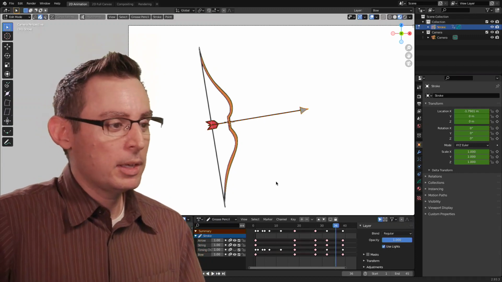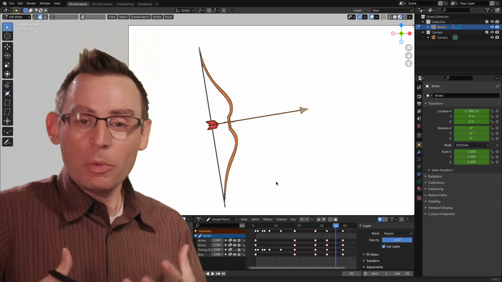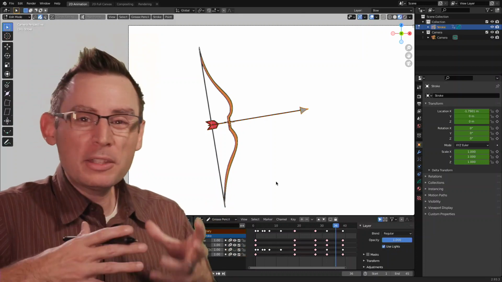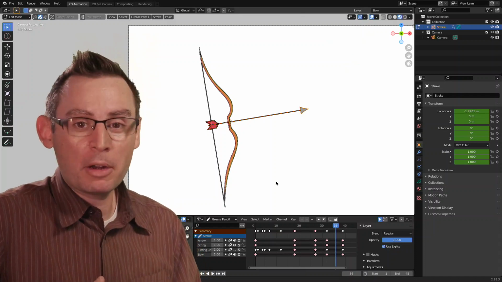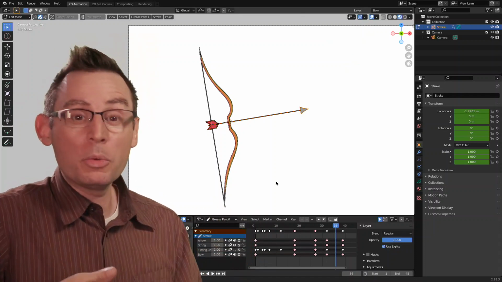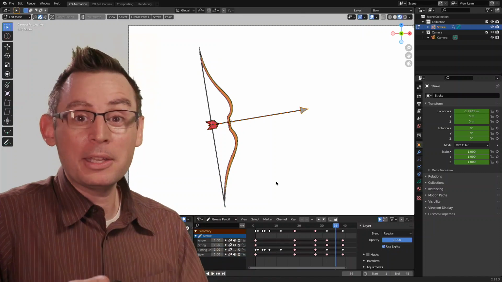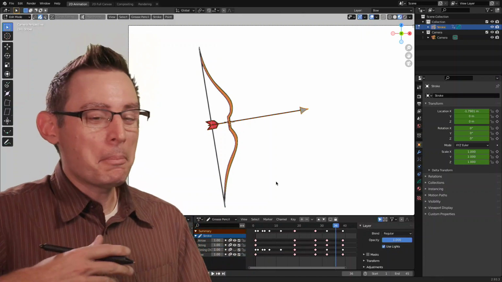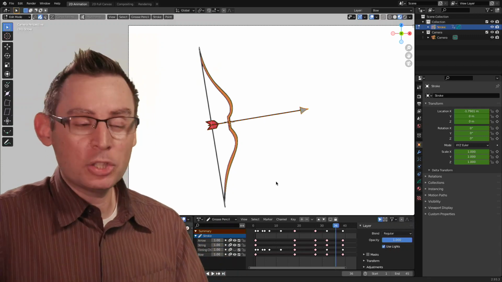of the in-betweens. Up until now, the drawings that we've been doing have been relatively simple. Squares, spheres, things that didn't include a tremendous amount of points. Well, now we're working with the bow and arrow, and the complexities of our drawings have gone up. Drawing all of our in-betweens might turn into a little bit of an issue here.